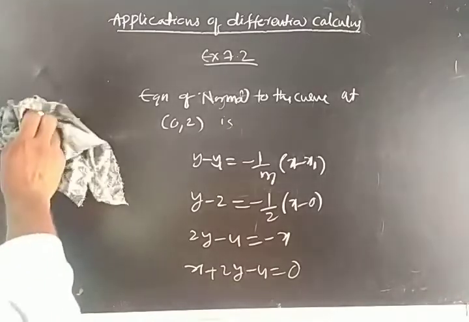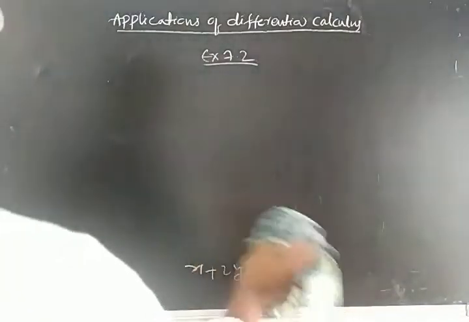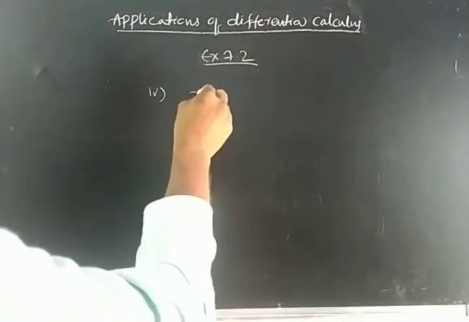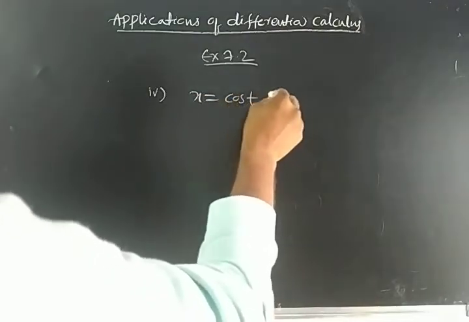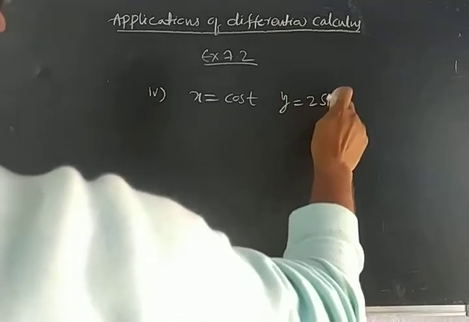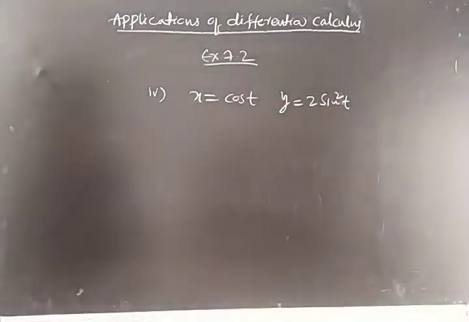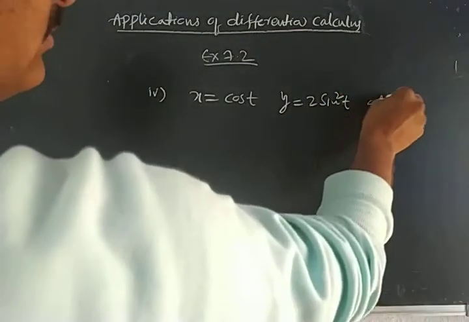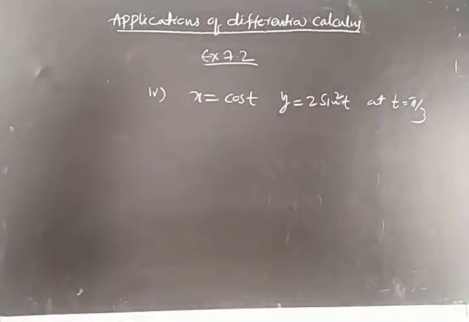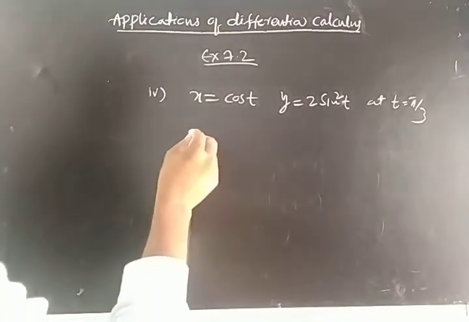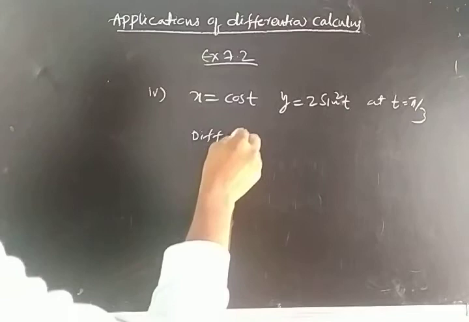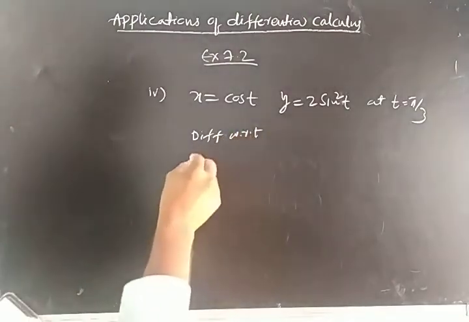Okay, right. Now the fourth problem. What is the fourth problem? X equal to cos t, y equal to 2 sin square t, at t equal to pi by 2. Now differentiate these two parametric equations with respect to t. Differentiate with respect to t. dx by dt,